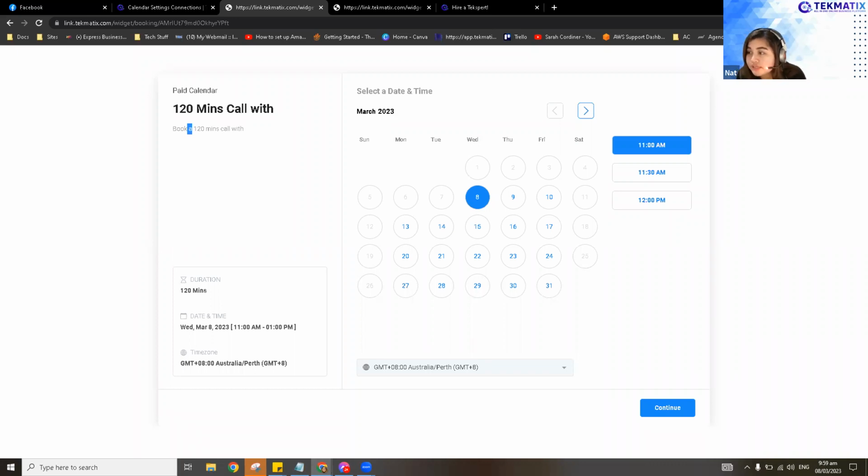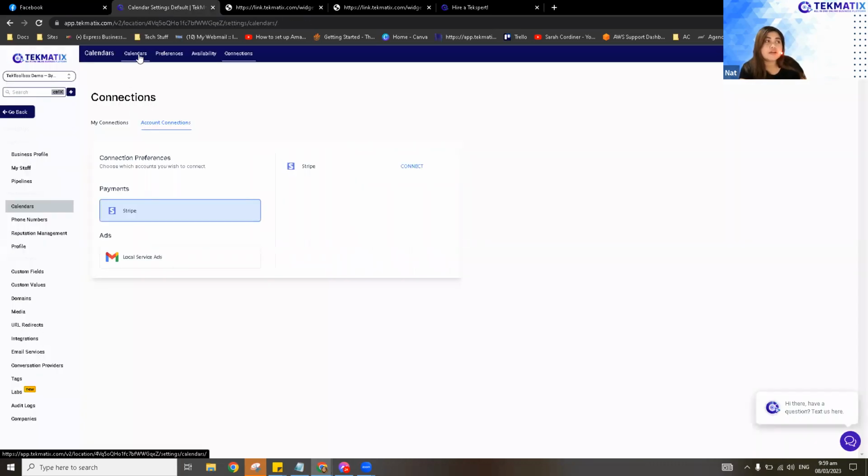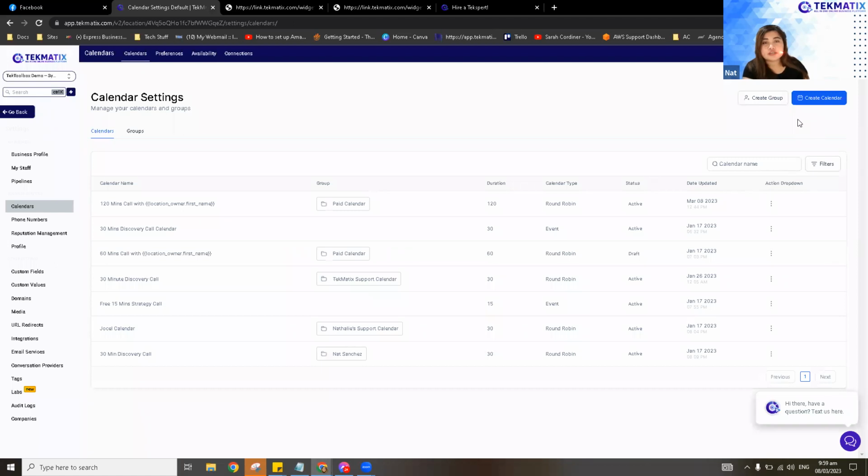What's this one-way sync option mean, and two-way? So Lacey, I think you're doing an unassigned calendar. What we actually suggest for our clients to use is a round robin. So I'll show you how to do that in a bit. Let me just answer your question first. We have one-way and two-way sync for our calendars.